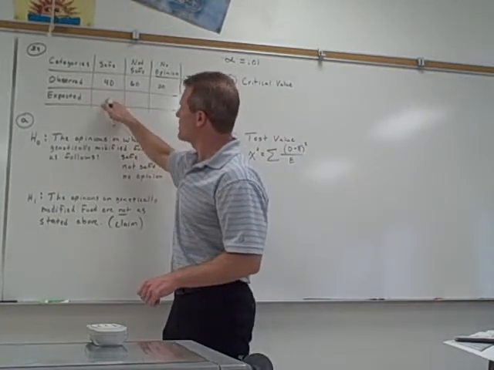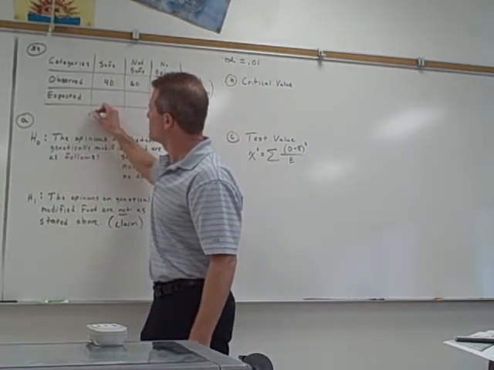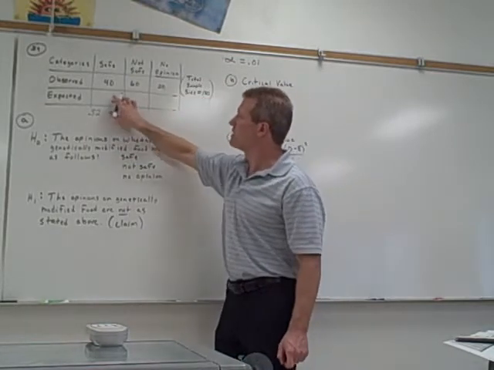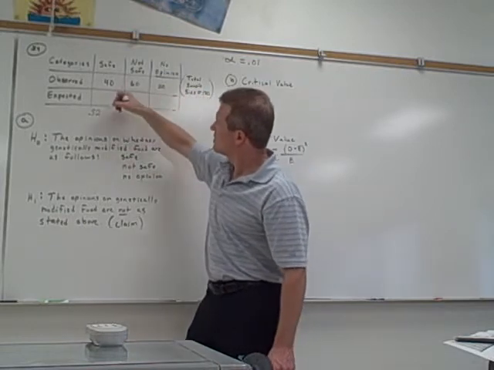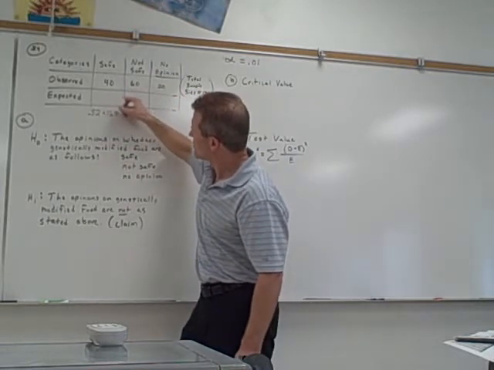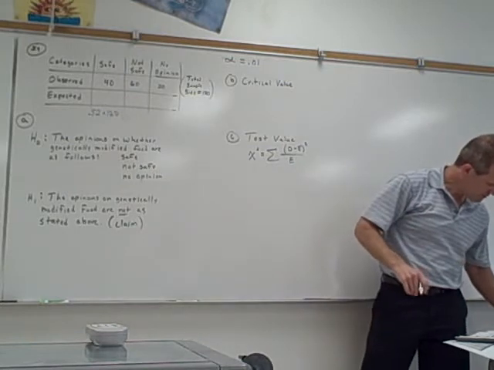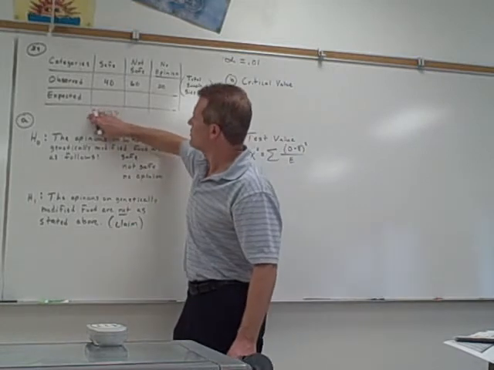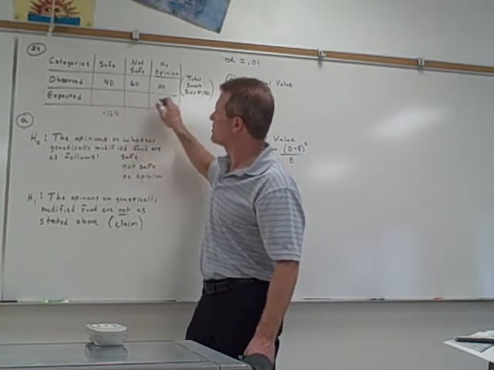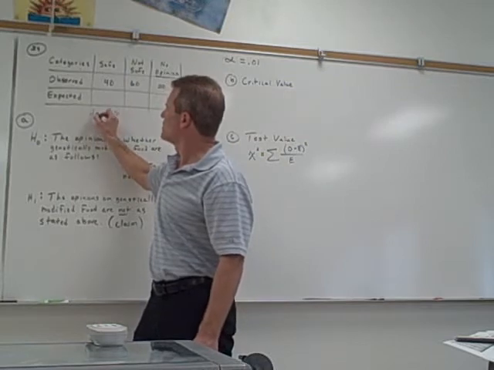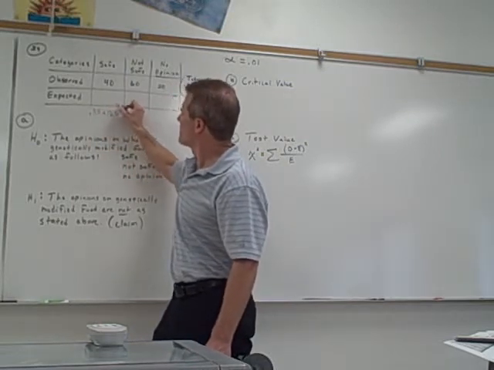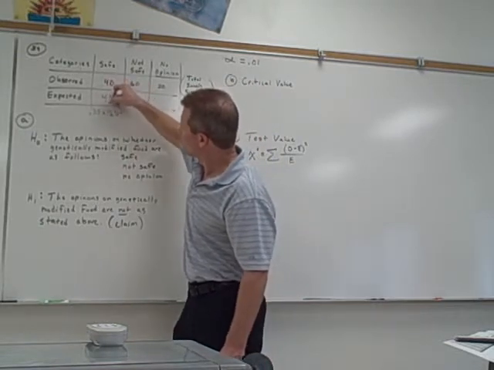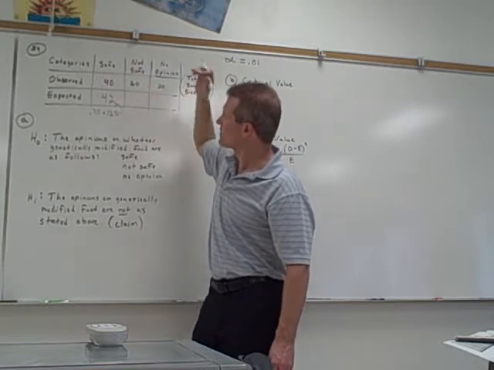So to get the expected value, we expect that 52% of the 120 people should have said not safe. Let me make sure we read it right. 35% said it was safe. Okay, let's back off here a second. 35% say safe, so take 35% of the 120 people. Take 0.35 times 120. That will be our expected value in the safe column. 42. We expected to get 42, but we actually got 40.